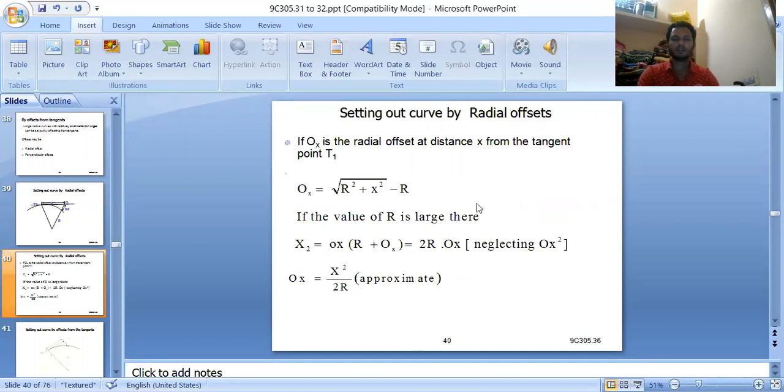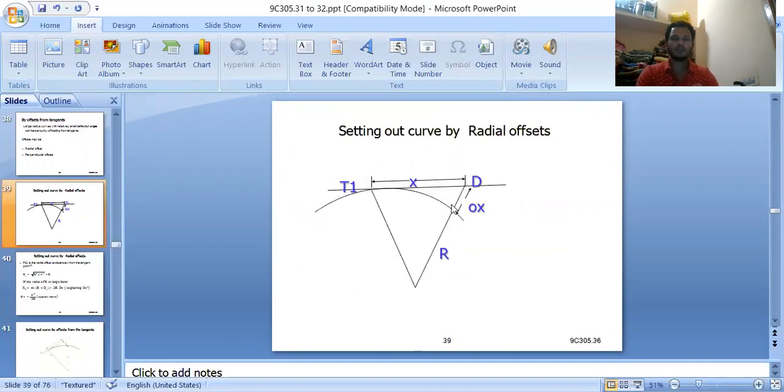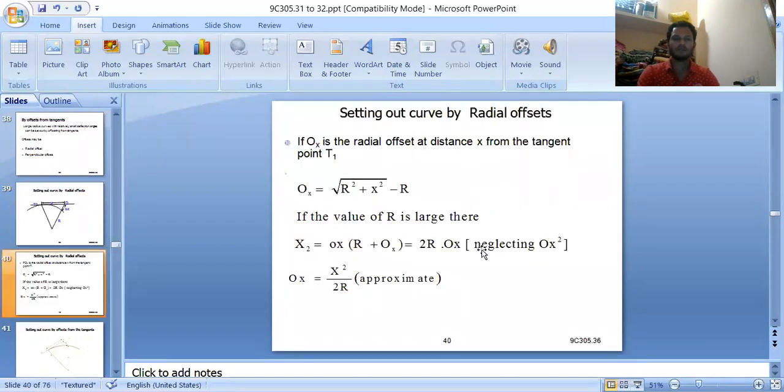Therefore, from this we can write OX is equal to the square root of R square plus X square, minus R, which can be derived from the right angle triangle, as already explained previously. If R is large, X square is equal to 2R times OX plus OX square. Neglecting OX square, we'll get OX is equal to